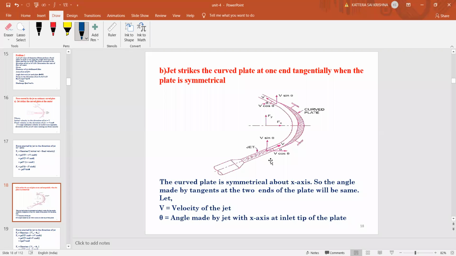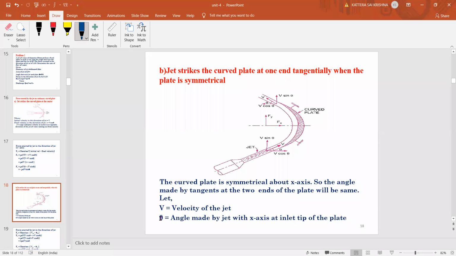the same angle it will come out since it is symmetrical. Suppose if it is unsymmetrical, nothing but downside we have little part and at the upside we have more part, but there will be a change in the angle of the outlet part. So there we don't get theta value again. We'll get one more angle, which is taken as phi there. If it is an unsymmetrical curved plate, that is the only difference between the symmetrical plate and the unsymmetrical plate. So the velocity of the jet after coming out from the blade will come with the same angle if it is symmetrical. If it is unsymmetrical, we'll get a different angle at the outlet of the jet.